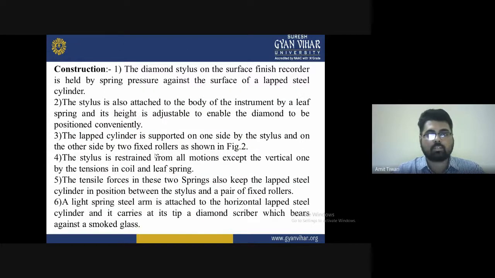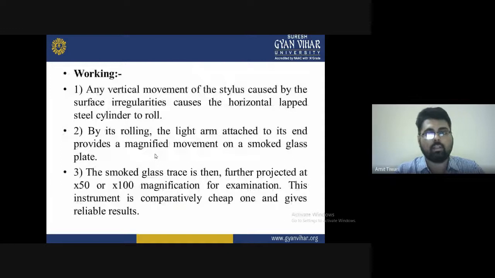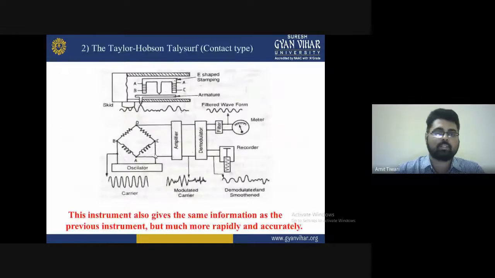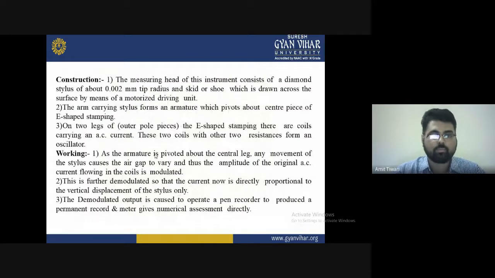That is how the construction works, and diamond styli are used for particular surface finishing. The stylus is also used on the body of the instrument for the measurement. A cylindrical design is used for the stylus. So these are some construction and working details. And the third one is the layer hardness tester also. So these are some instruments. We can say it is an electronic device, because it uses an amplifier and a decoder for the meter, decoding this type of surface roughness also.